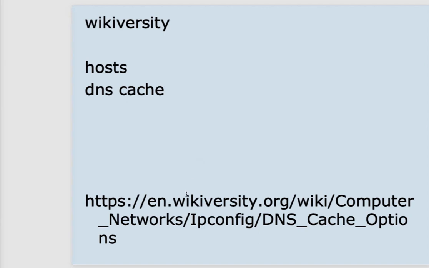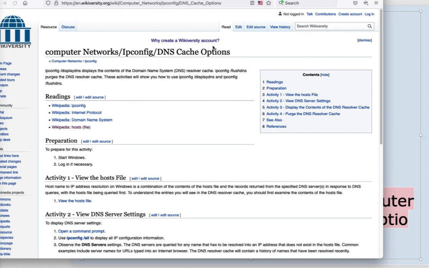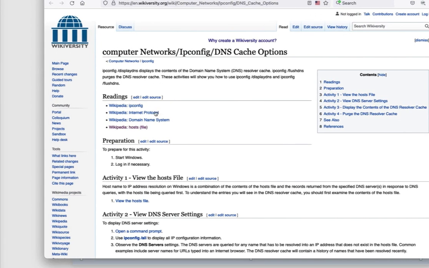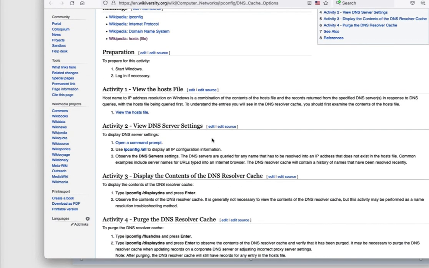Now, I want to point to another resource, and that is this Wikiversity. When I put this in, we're going to see this come up. And here's a good explanation of and activities for viewing the hosts file, viewing the DNS cache, and understanding the operation, and a lot of good stuff for you to practice.